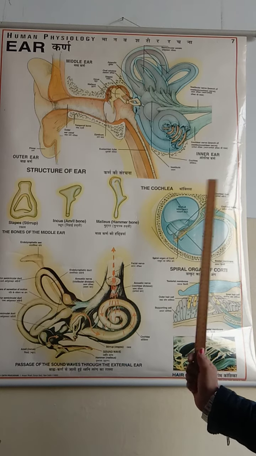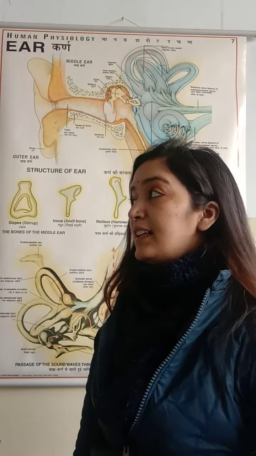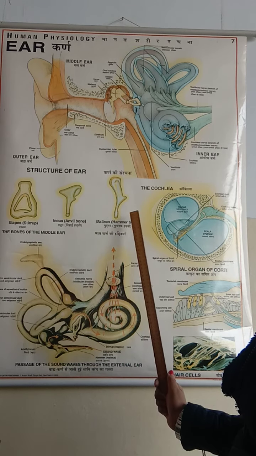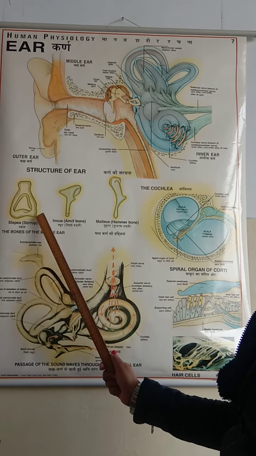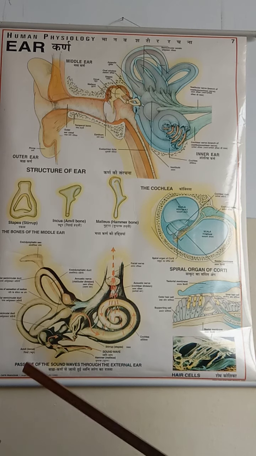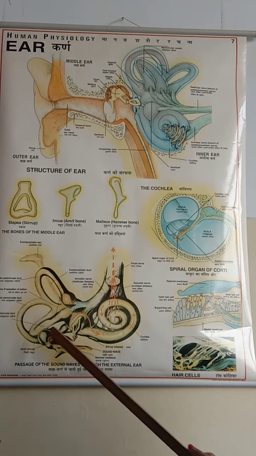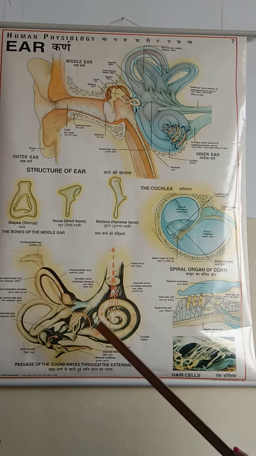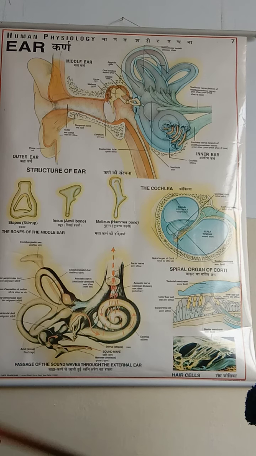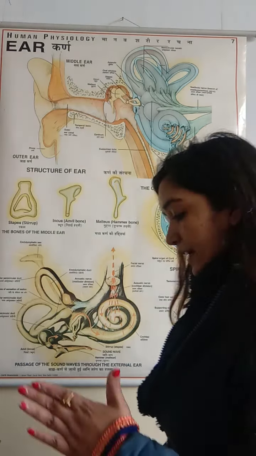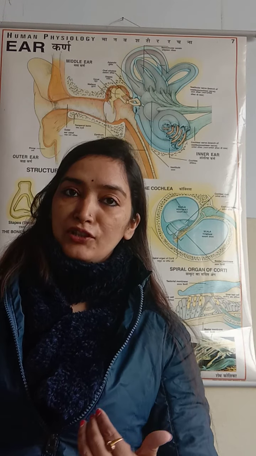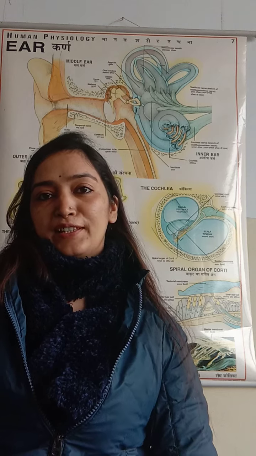Students, this structure is important for your exams for 3 marks, and they can ask questions about these ear ossicles, that is malleus, incus, stapes. The smallest is stapes. This is also called the stirrup. You can see the structure of this cochlea and how the sound comes from the external ear to the middle ear and then to the internal ear. So this is the basic idea of the ear. In our next video we will discuss the mechanism of hearing. Goodbye.